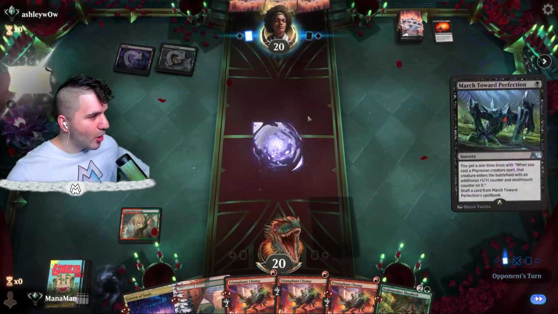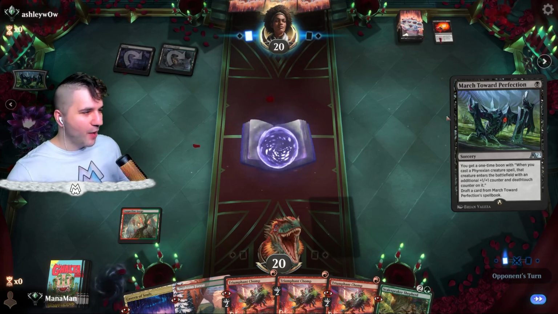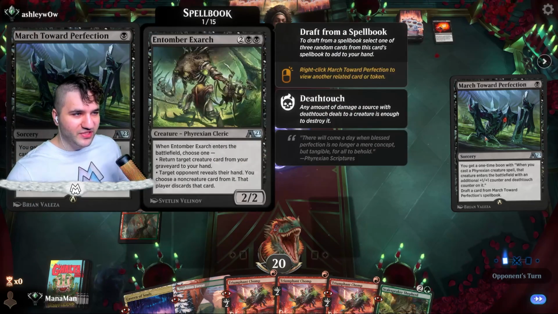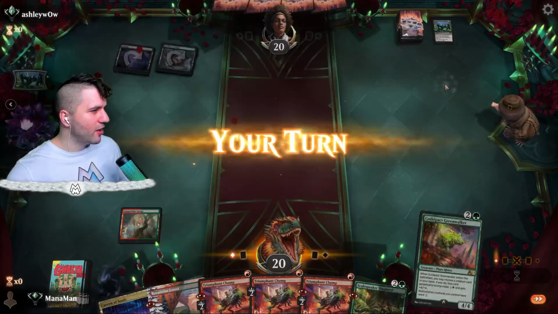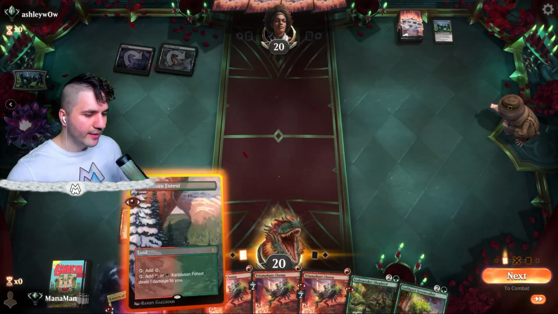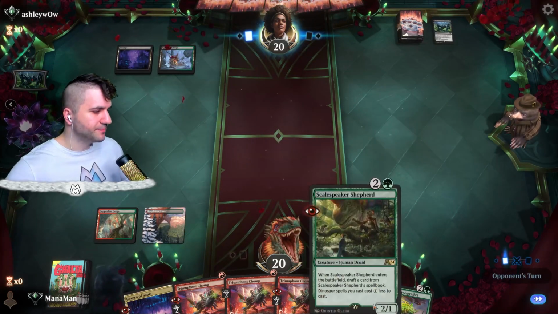Restless Cottage and a March Toward Perfection. Okay, well, alright, let's see how perfect you can be. Obviously, there's so many nice things you can get here. Obliterator. Oh, it took me away. It took me away. Rude. I guess they don't want to see what they're crafting, which makes sense, but...